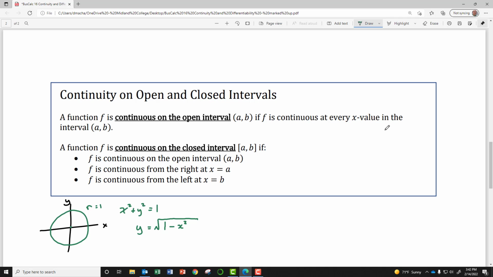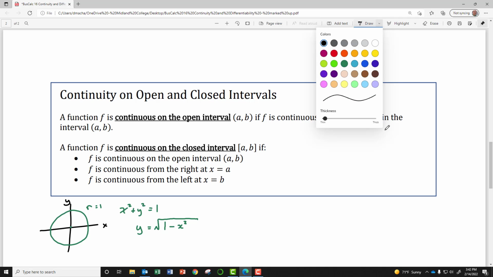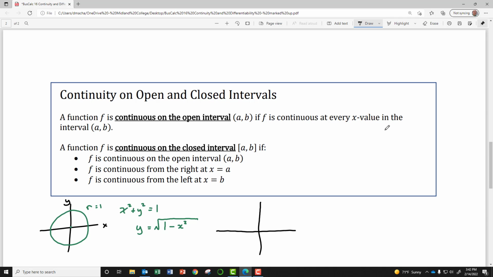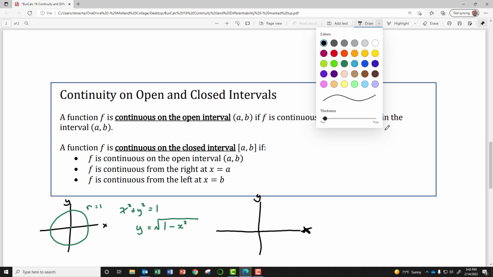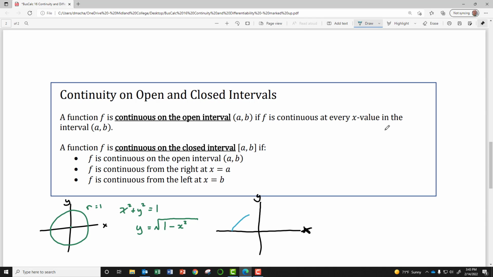And you may notice, whenever I write this in explicit form, it makes y a function of x. So you give me some input value x, and then I'll calculate an output value y. And one of the things that makes functions functions is that there's only one output value for a given input value. And by convention, whenever we take square roots of things, unless you otherwise specify, we give you the positive square root, right? So we don't usually talk about the negative. And so in this version, in the explicit version,